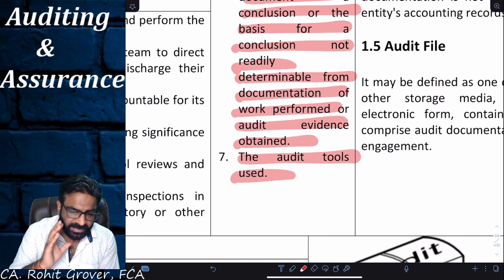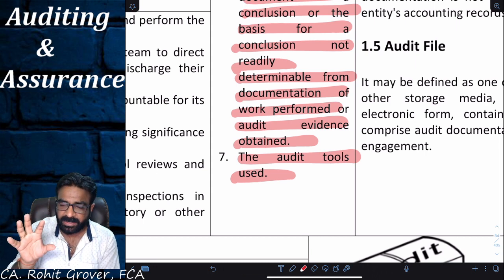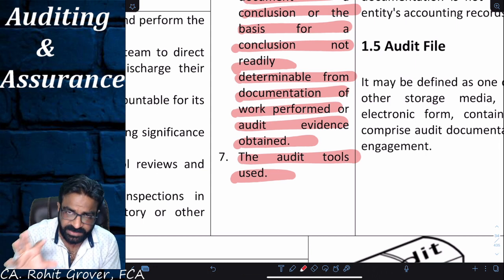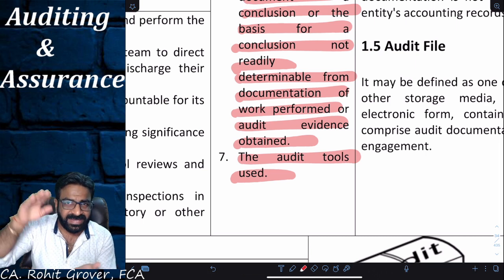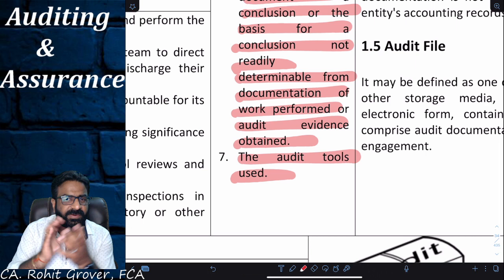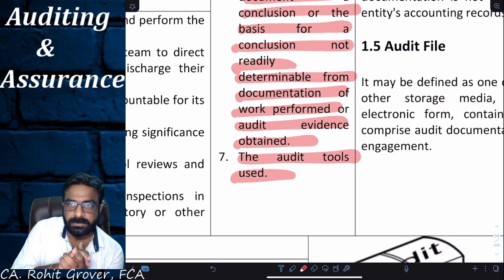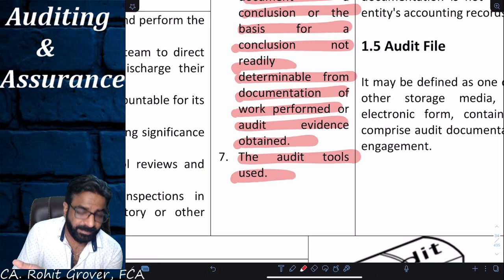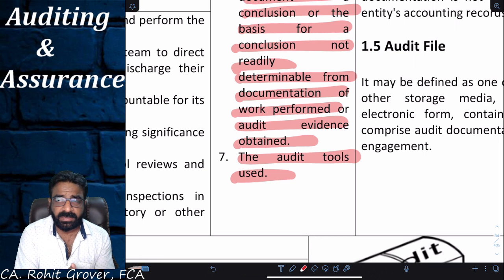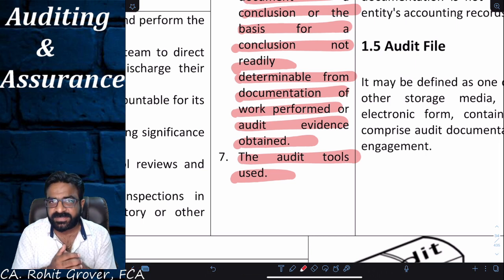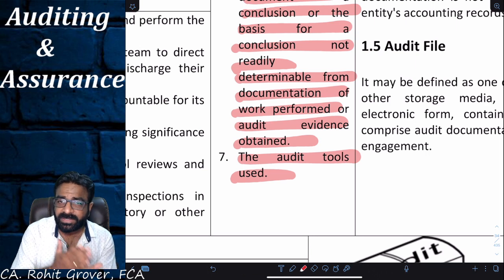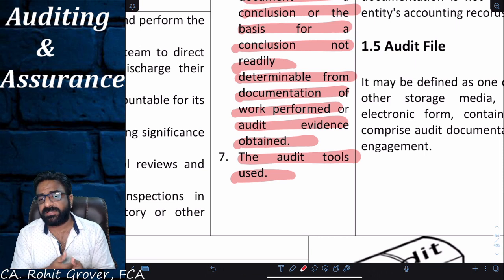Yes. So if I'm putting an allegation that your going concern assumption is very poor, should I be able to prove myself with the less number of evidence or more number of evidence? More number of evidence. There might be a chance that my client may not agree with one evidence. Therefore, I have to collect the multiple evidences. At that point of time, what kind of conclusion you are drawing, that is also one of the factors.